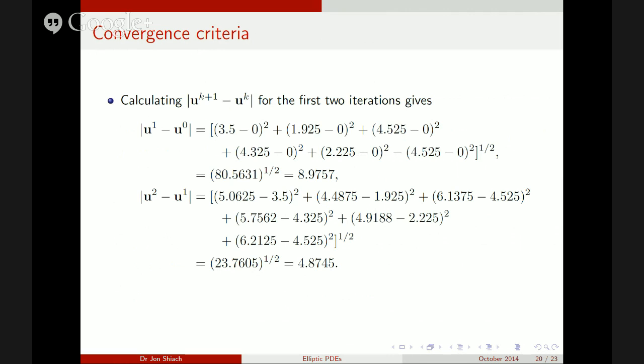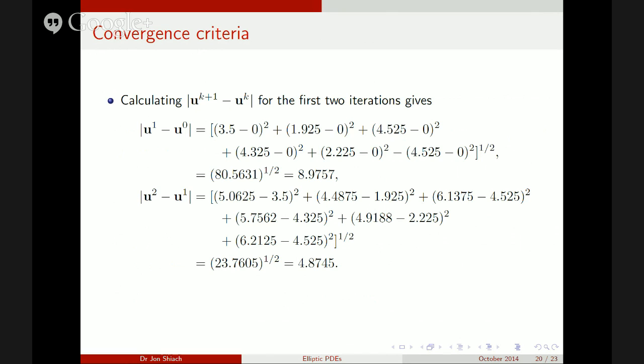Okay, so we can actually calculate the vector norm, or the L2 norm, for our solutions. The first estimate we had is U1. U0 is the starting value, so these are the initial conditions. These are all 0. So the norm of U1 minus U0: for example, this node was 3.5 and the previous value was 0. We subtract them and square them. If we do the same for all the other 5 nodes, add them all together, find the square root, we calculate and we get